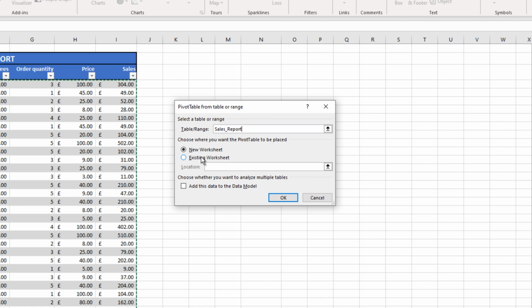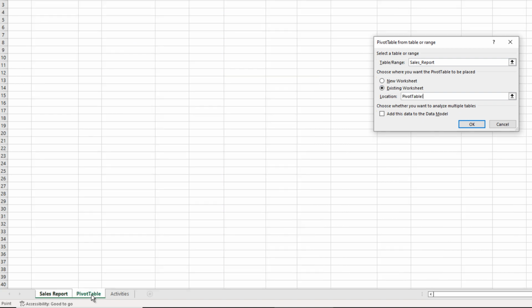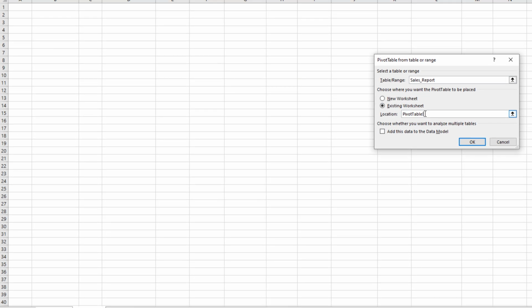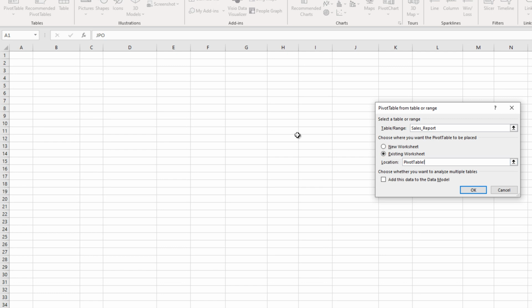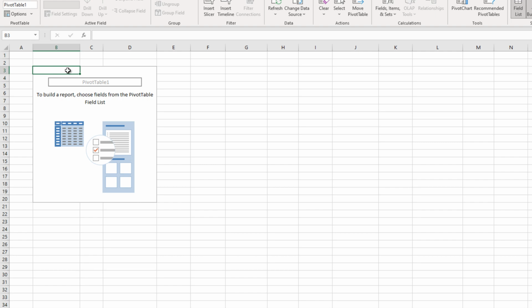So we have to choose where we want to put it. You can either choose a new worksheet, which will create a new worksheet down here, but we've already got one. We've got one called Pivot Table at the bottom. So we want to click Existing Worksheet. Then we want to click Pivot Table. And you can see the Pivot Table worksheet has been populated here. And what we're going to do, if you follow along, is put the pivot table in cell B3. Okay, that's where your first pivot table is going to be. So click OK, and you can see we now have our first pivot table,